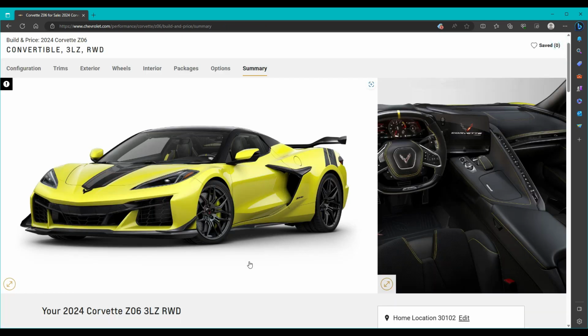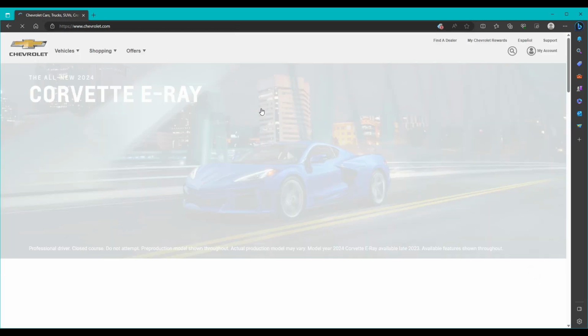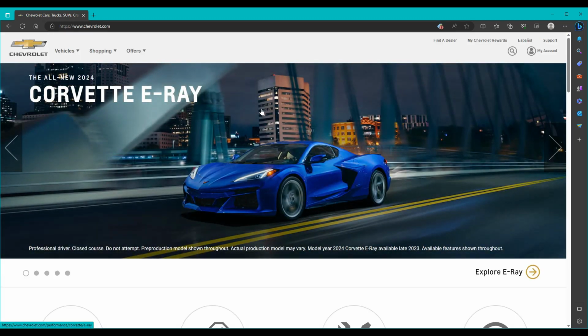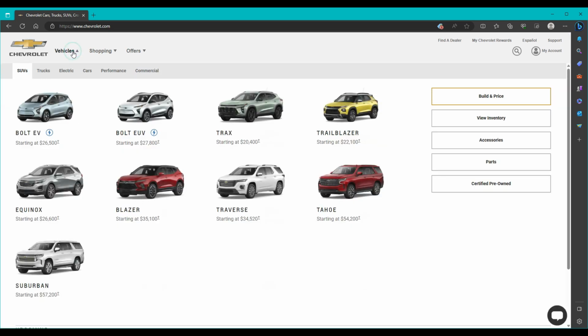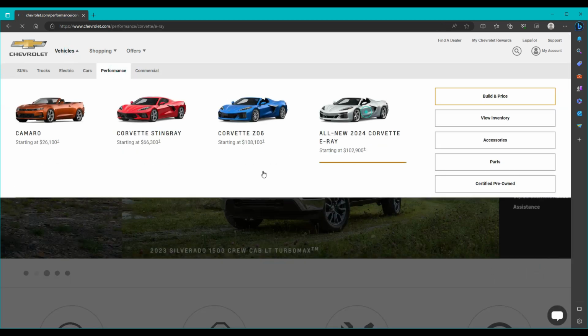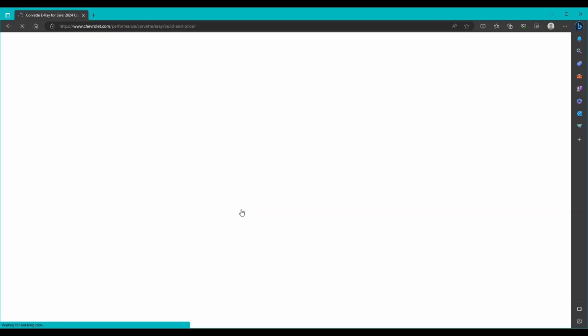But that's the spec I would do for a Z06. Let's load this up and do an E-Ray real quick, just to show you a price. If I had to pick an E-Ray, I was going to go with the same Accelerate Yellow, but actually, I'm going to go with something different, since you guys have already seen the yellow. But build and price,